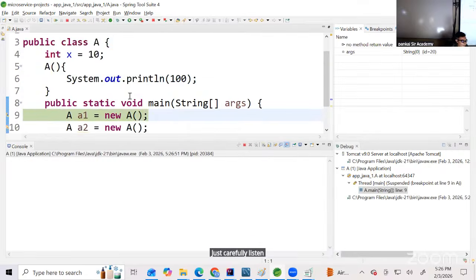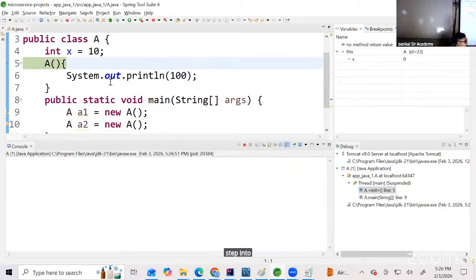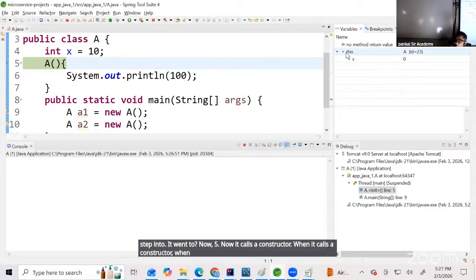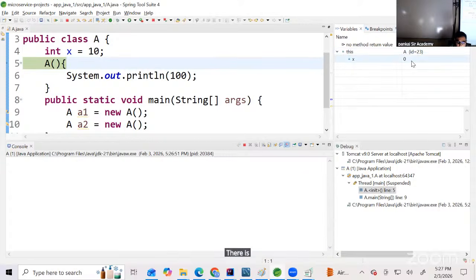I'm at step 9. Which line is it going to first? Step into. It went to line 5. Now it calls a constructor. When it calls a constructor, an empty object is created. There is variable x but no value. Got it? Now see, when I do step over, it should go to line 6, but instead it is going to